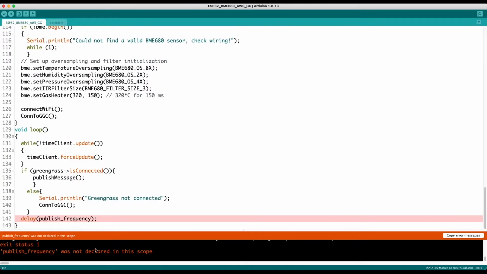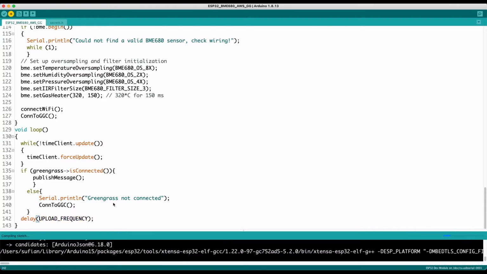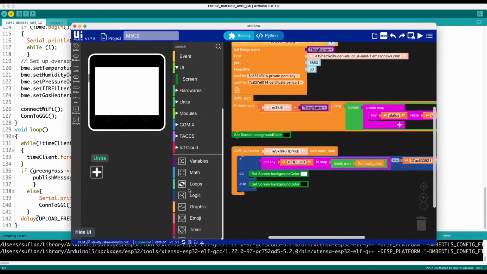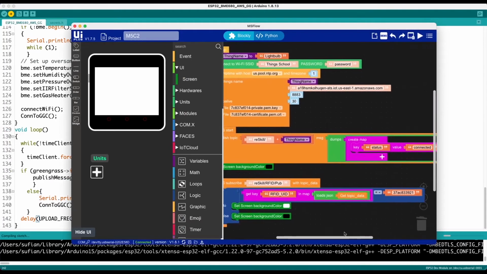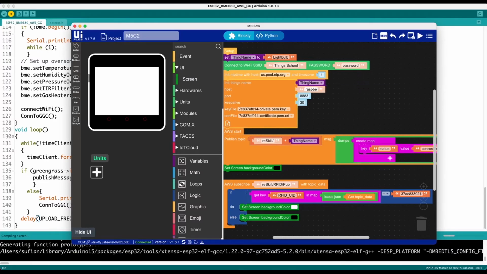Next thing I'll have to do is program this device. So let me upload it. And parallelly, I'll also do this. So instead of my light bulb device connecting to this host, I want it to connect to Raspberry Pi local, because that's the host name of my Raspberry Pi.